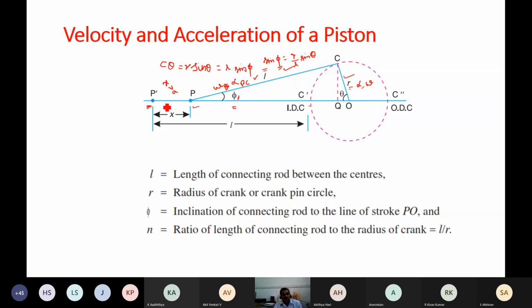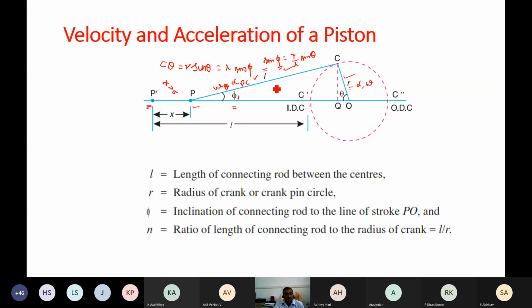No problem, because here there is only one sliding part. The connecting rod is an oscillating part. The crank is a rotating part. So these two will have circular motion, but the piston will have only linear motion. So we are taking xp, vp, but here we are taking omega PC, alpha PC, that means the connecting rod, right?